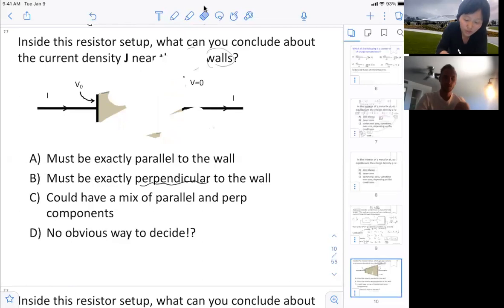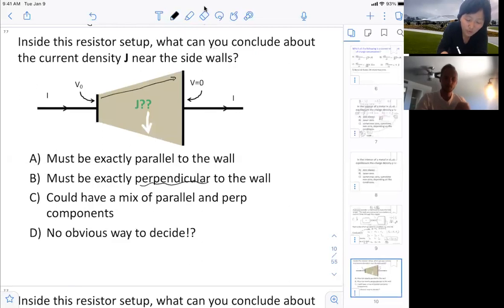And what you said about thinking about the E is very good. But in this case, it looks like we have a much more direct argument if we're thinking about the J being parallel to the wall. So you can also argue, well, the E must be parallel to the wall because J is sigma E. Okay, so